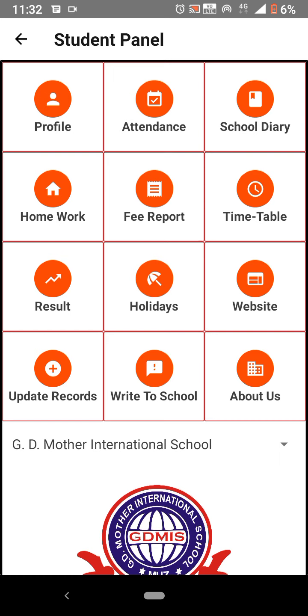So this is an app for the benefit of the parents and the children, and this app's primary purpose is to work as a bridge between the school and the parent. I have been receiving feedback and suggestions on Play Store about my application. So we keep working on that continuously and try to implement that as much as possible and as soon as possible.